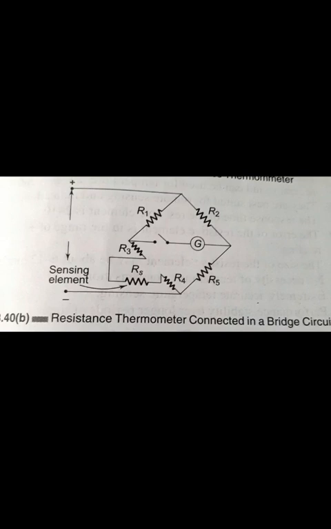The advantages of the resistance thermometer: the measurement is very accurate, indicators, recorders and controllers can be operated, the temperature resistance element can be easily installed, the resistive element can be used to measure differential temperature, no temperature compensation is necessary, it gives extremely accurate temperature sensing, and it performs with stability over longer periods of time.